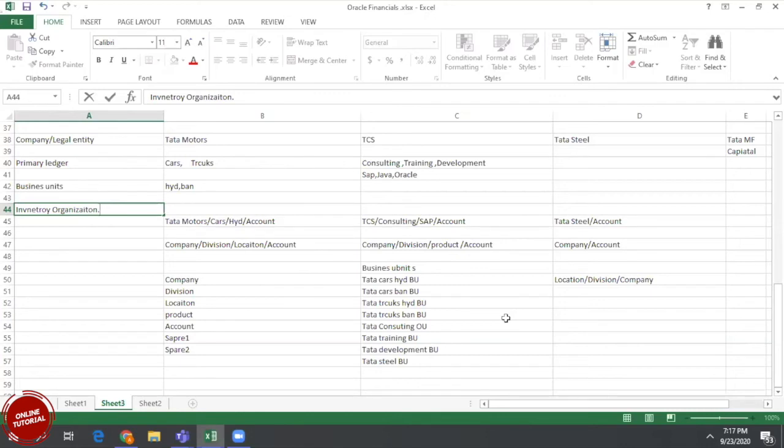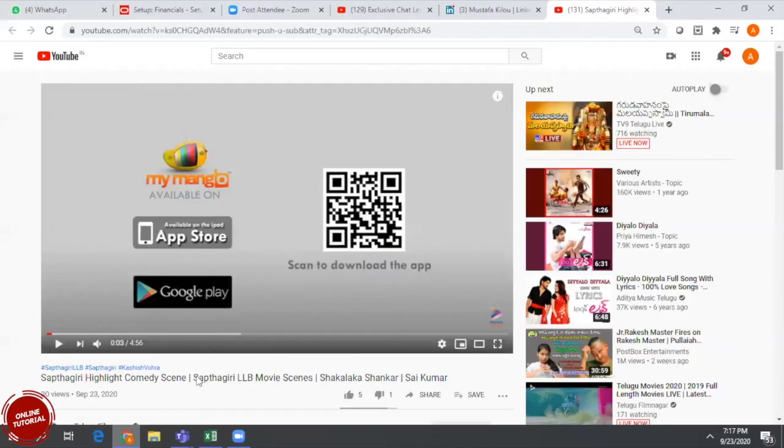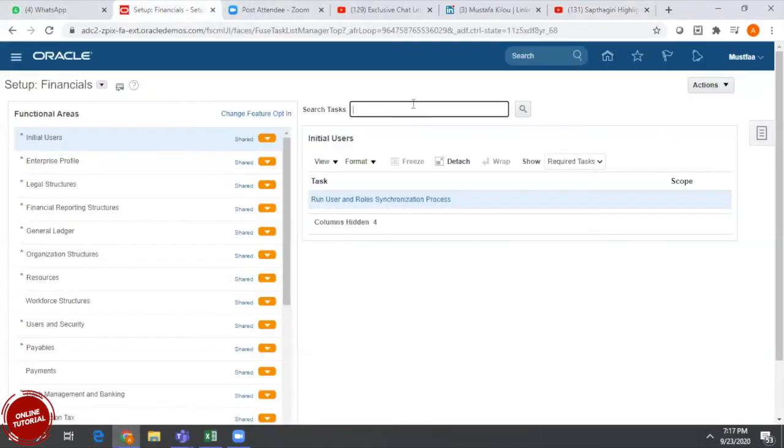One important point here is that when we start implementing, currencies are not required to be created. For example, if you go and see Manage Currencies, all country currencies are already given by Oracle.